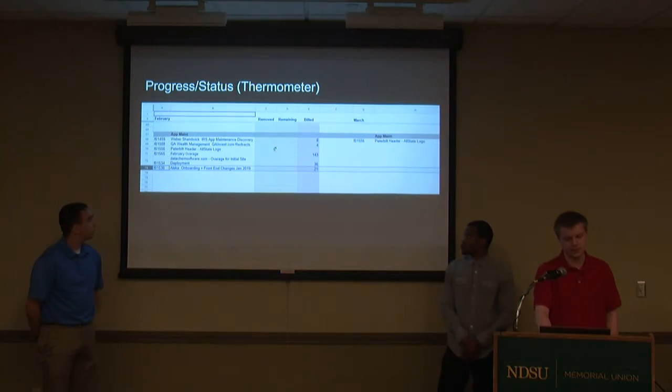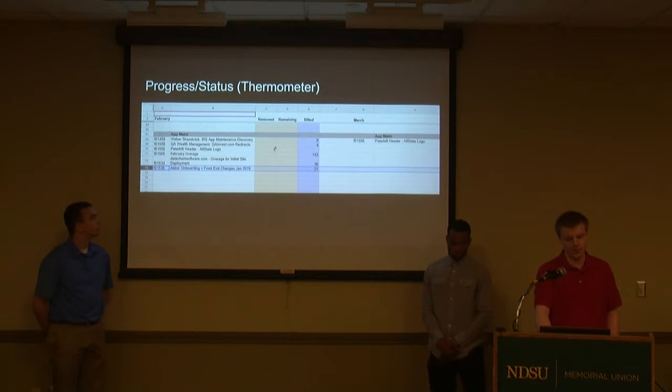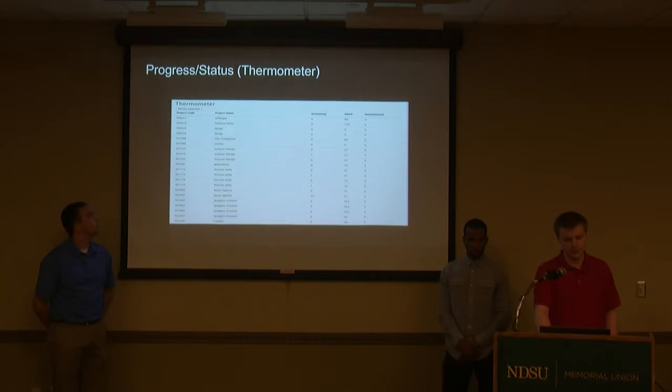As shown here, this is how the thermometer originally was. This is the Google Sheets document that is being used currently by Fjorge. So of course it's going to have to be manually updated whenever you make changes. This is a screenshot of the thermometer as we've made it, as it queries the database. It's a little bit small, but